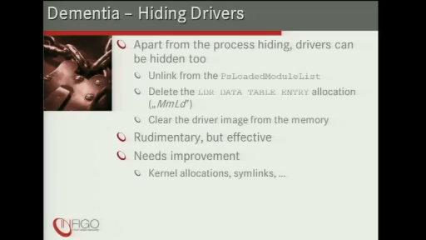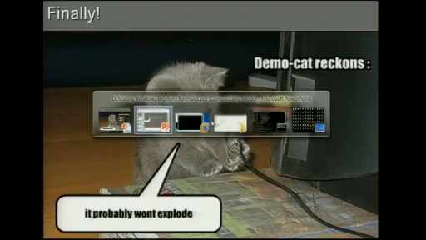I don't know how I can do it, but we'll think about it further. I'm also not deleting symbolic links. I'm also not deleting driver objects, and drivers hidden in this way can be detected with Volatility with, for example, the symlinks plugin and some other plugins, so the plugin that scans for driver objects. Okay, so it's time for the demo. Let's hope it works.